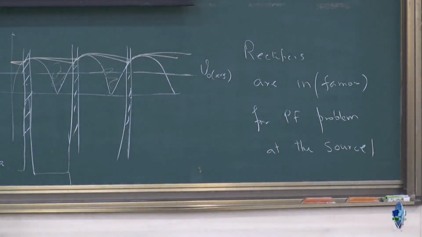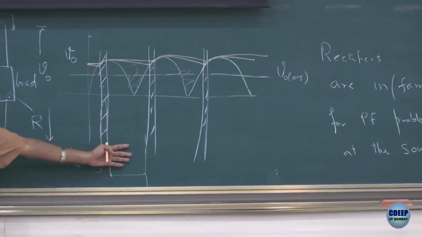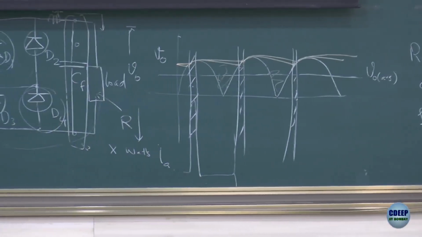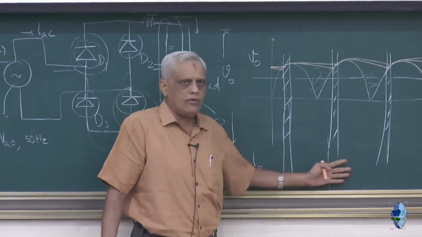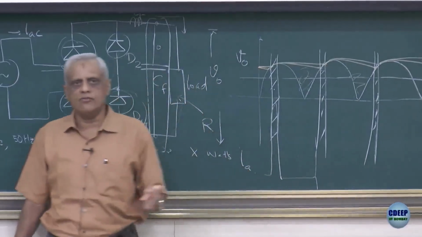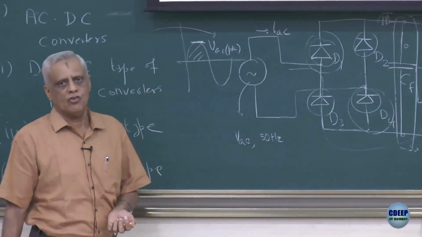Meaning that when you have these kinds of circuits working, you have these kinds of currents being drawn from the AC side. So you tell me, is it good power quality? Is this a nice waveform that you really want your power network to bear, to face and to endure? No, obviously not,